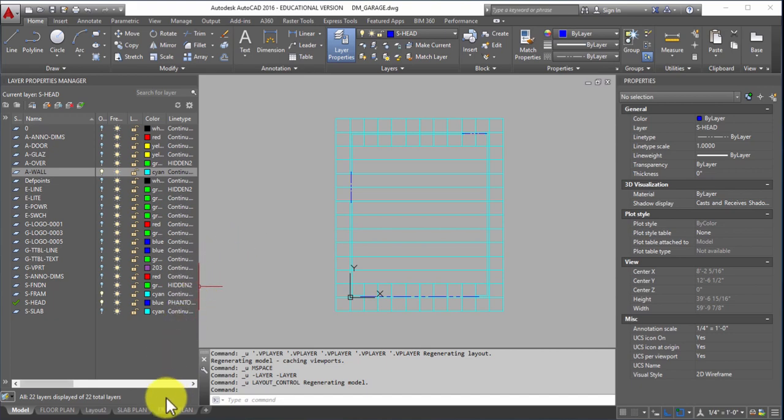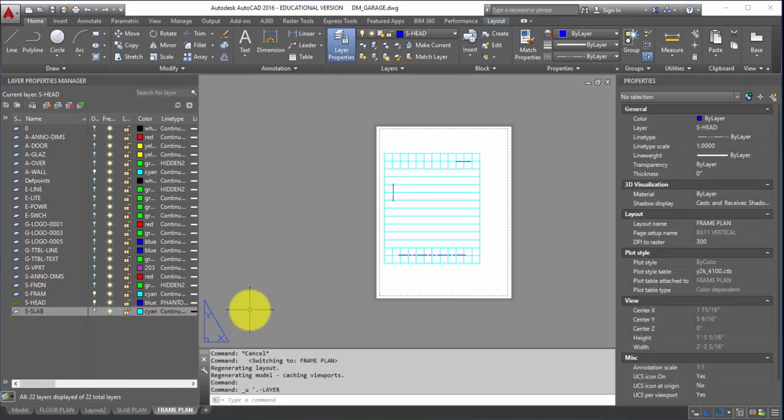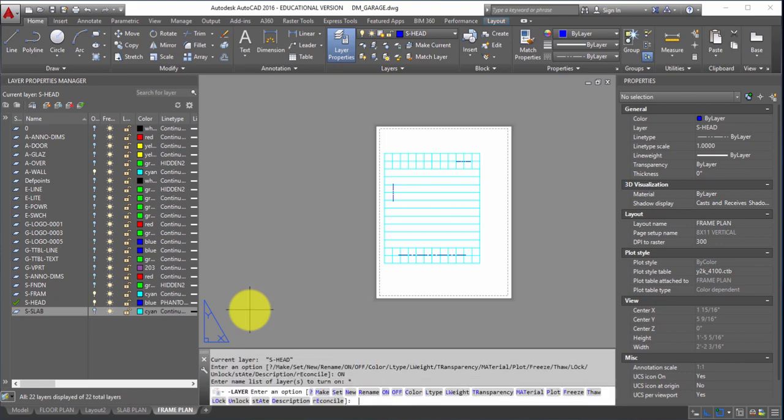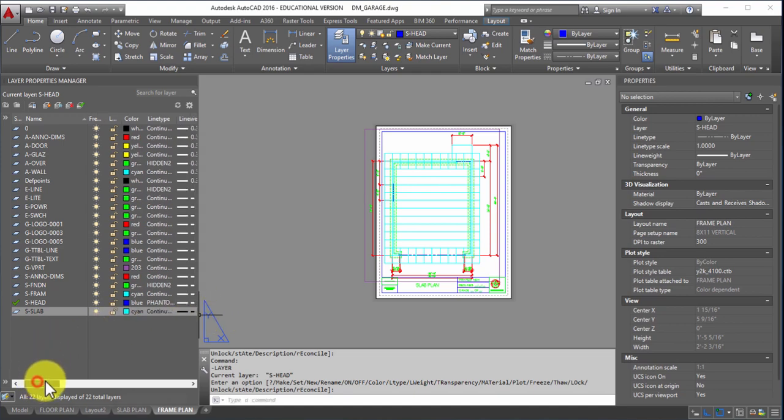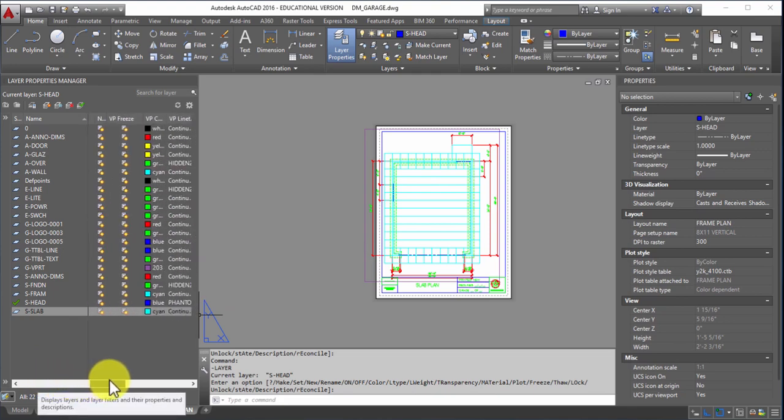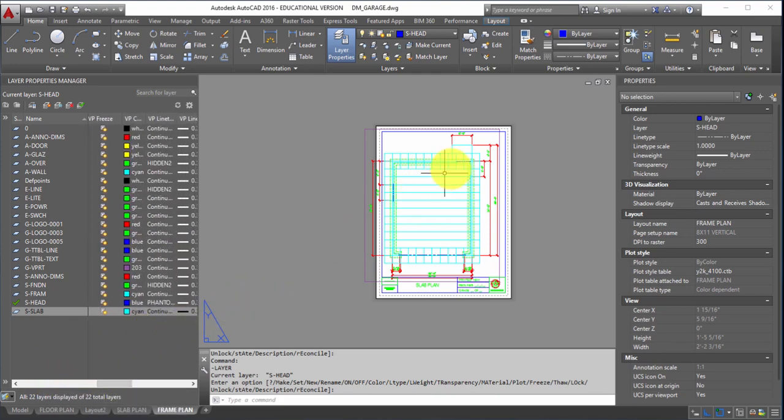In order to fix this, go over to that new layout frame plan. We will need to be sure that all the layers are turned on. I'm going to use my keystrokes. That's a procedure that we learned way back at the beginning of the last class. You can go back and review those layers videos. They're going to make so much more sense now, and you'll get faster and faster with this. Over in the column for VP freeze, I need to adjust which layers are visible here. Click inside the viewport,